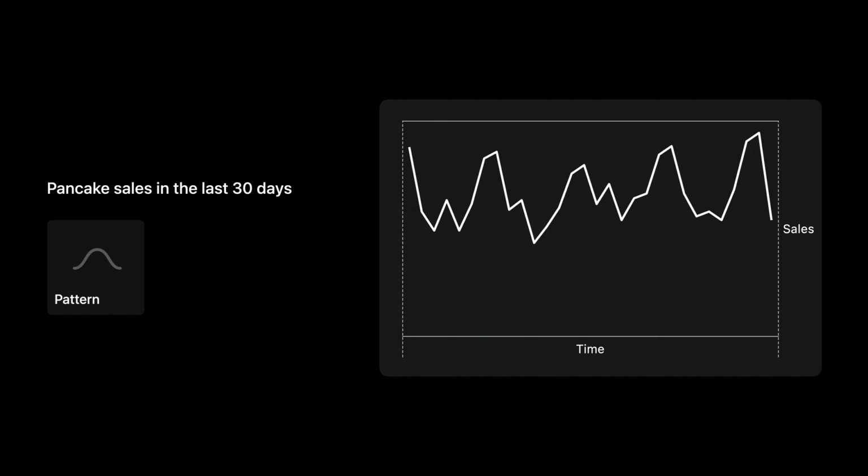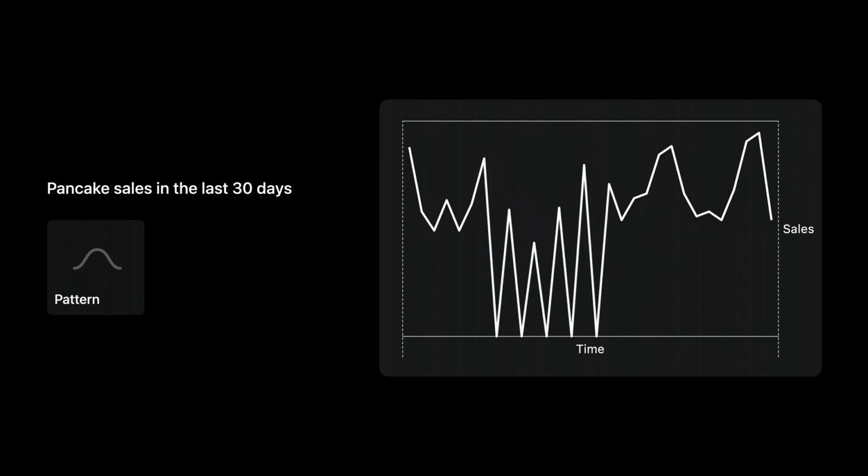To make the pattern of sales easier to see, we can connect sales counts by using a line mark. Lines are great at representing rates of change. Here, patterns and trajectories are clear. But what if, in 1 month, our food truck needed to close for 5 alternating days? In this situation, the pattern of sales becomes less clear because the segments connecting far apart values become more prominent than the values themselves. Remember to design for a variety of scenarios in your data.